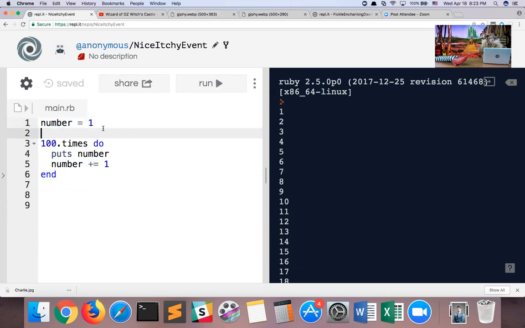So again, let's go through the lines of code again. On line number 1, we have a variable called number, that's 1. We then start a loop that is to run 100 times. We print out the number. In the first case, it's 1. We then increase the number variable, and it becomes 2. We then go back up to line 4. We print number, which is 2. And then we get to line 5, which increases the number variable to hold the number 3. And so on and so forth. And we essentially have tricked the computer, so to speak, into printing out all numbers from 1 to 100.